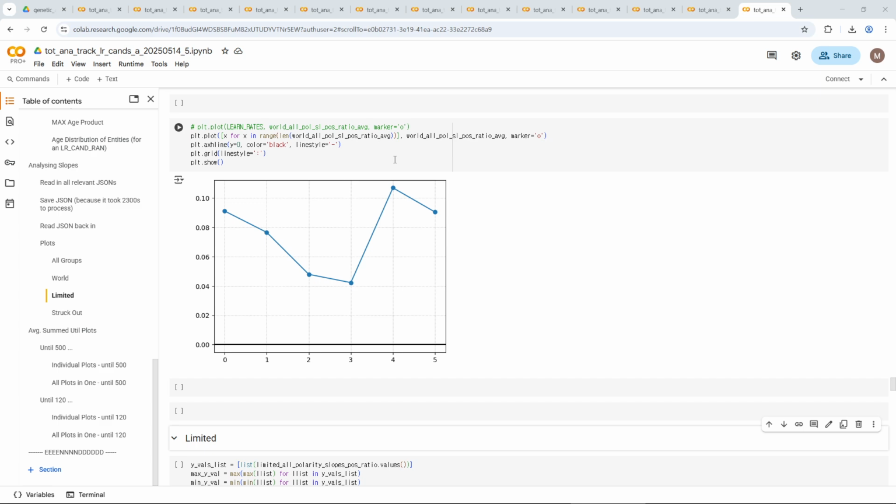And then the next session, which will be a very long session, I believe, I will be going over the entity distribution plots and the summed utility plots in tandem